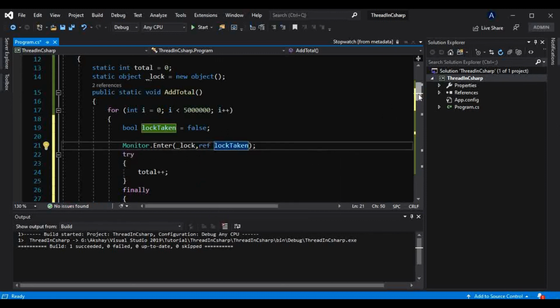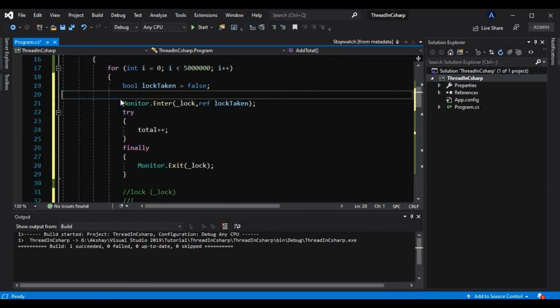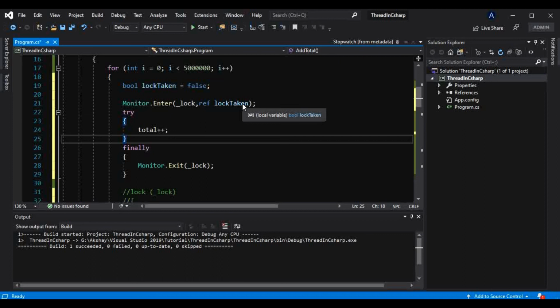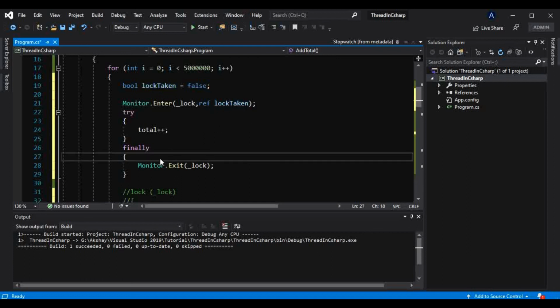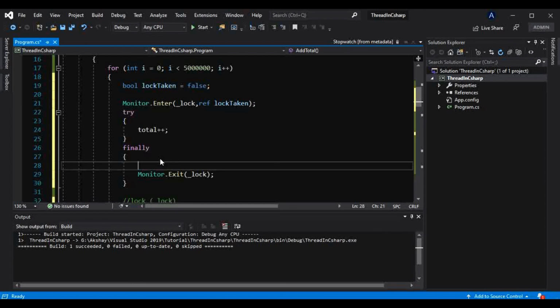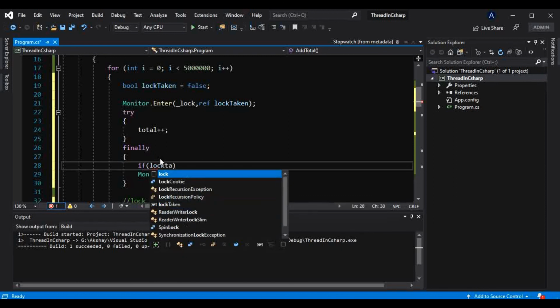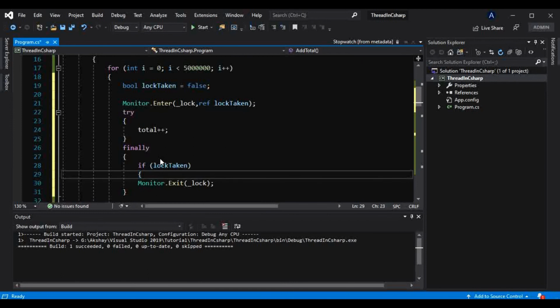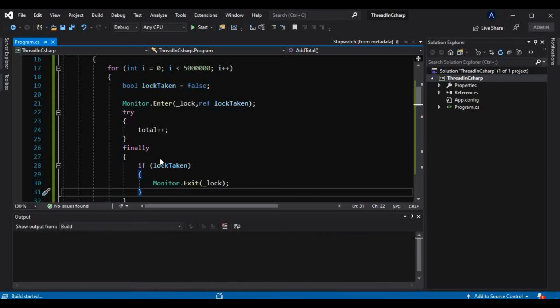I have passed that, and now what this lockTaken will do is give the result true if one of the threads has acquired the exclusive lock on this code, otherwise it will return false. And now if that lock is taken, then and only then will we exit, that is remove that lock, otherwise there is no point in removing that lock. That is how we can check if the lock is still taken, something like this, and if it is, then and only then do we want to exit it, and that makes very much sense. And I will build that,